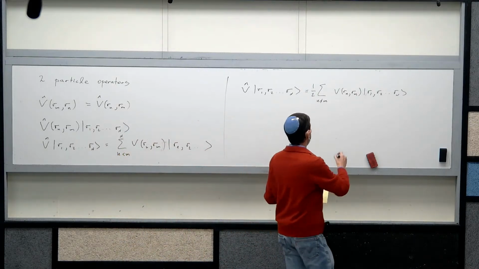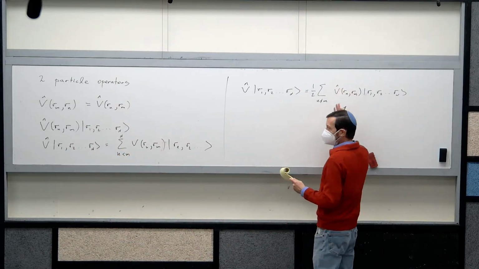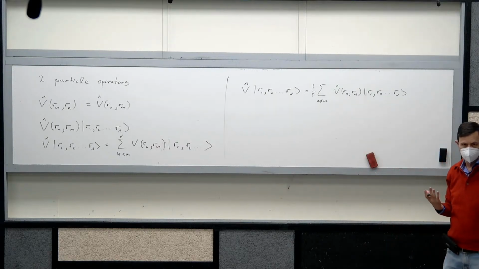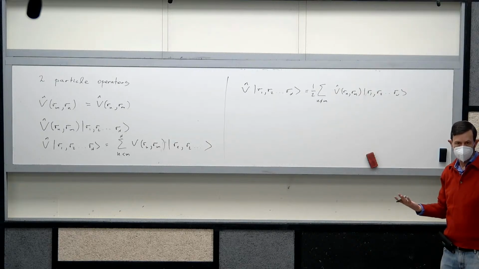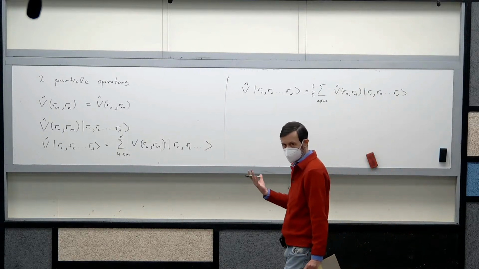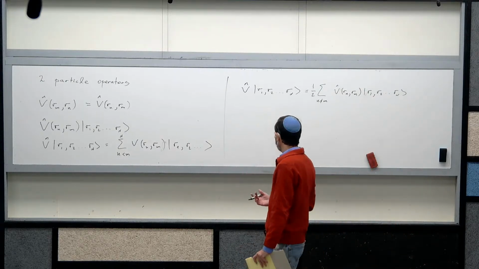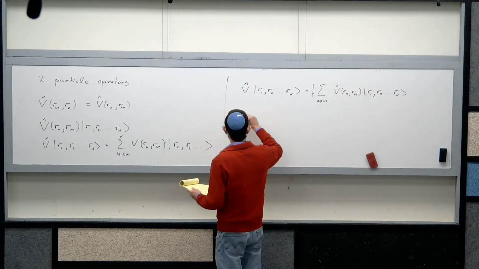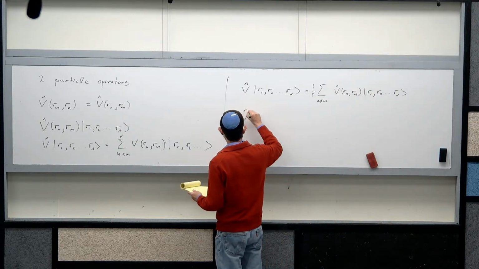Very nice that I'm writing down an operator, but how does it actually look with our creation and annihilation operators? Because that's the only form that we know to work with in many-body physics. I'm claiming, and in a moment I'll prove it,